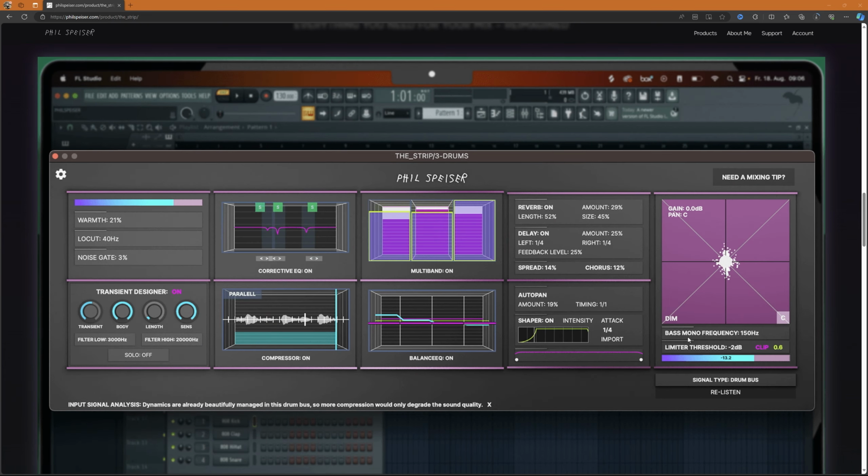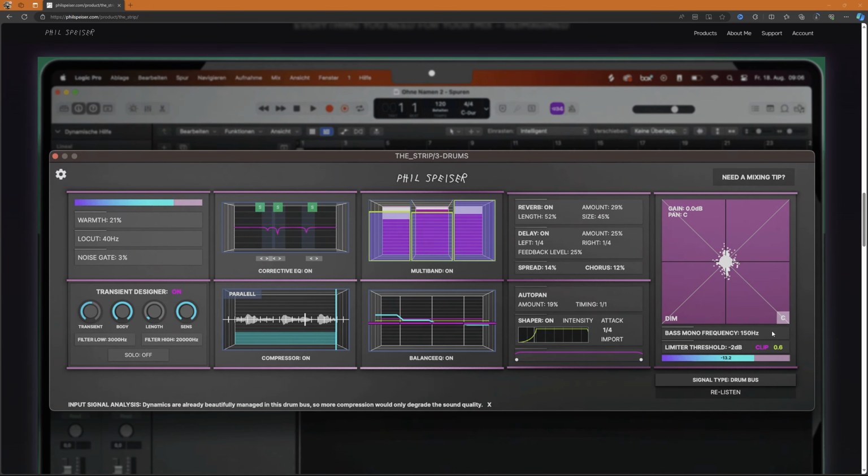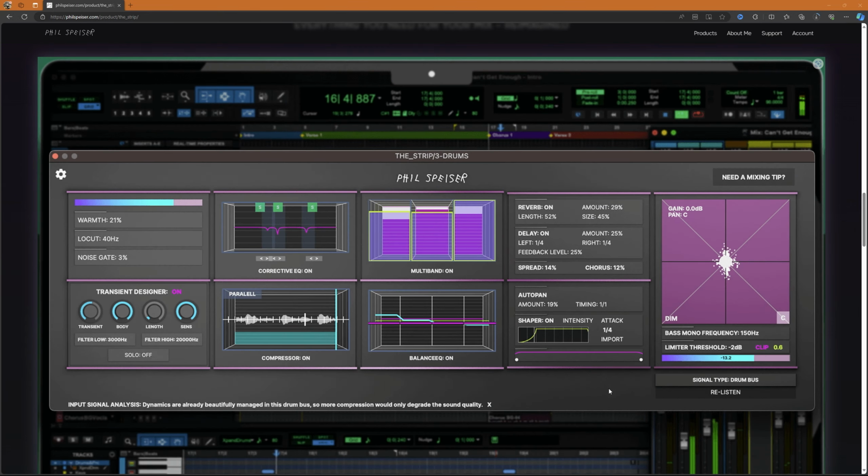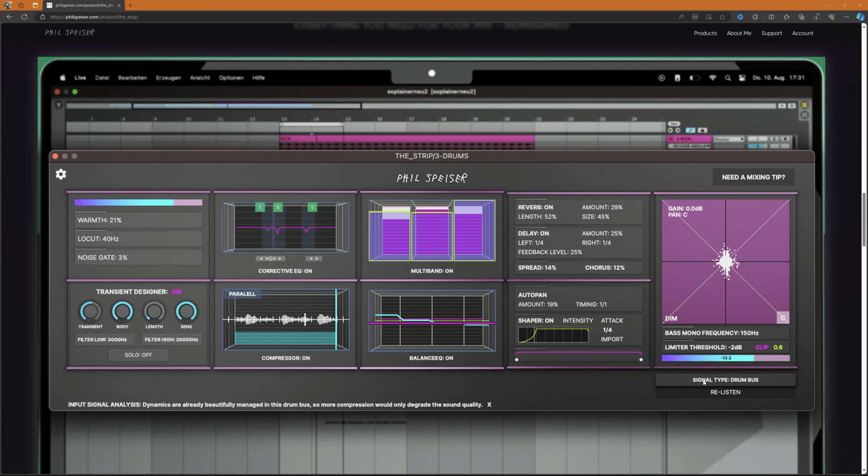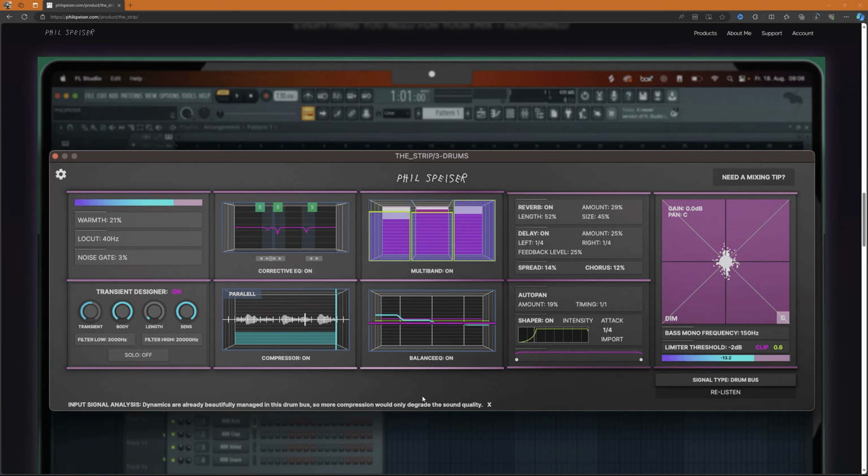And then you've got your bass mono frequency, so anything below that frequency will be mono. And then your limiter threshold as well for when you're limiting. And then this is where you can change your signal type that you suggest and re-listen. And there is another part on here as well, which has been